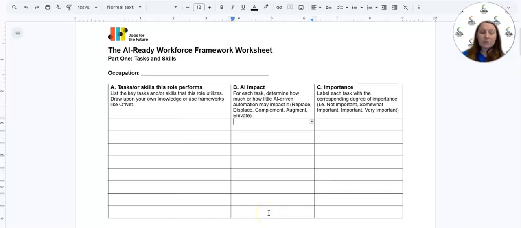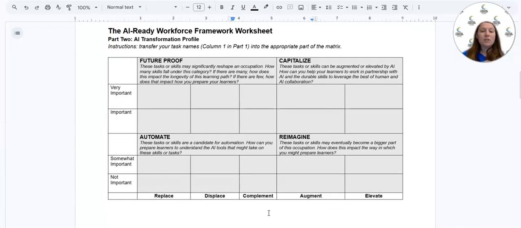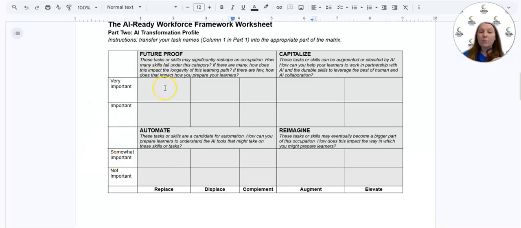So once you've taken some time to fill that out, you're then going to come to this framework. This is the second part, and this helps show where these skills fall, where these activities fall, and what we might need to do to think about it. So if you have something that is a very important task that they really have to be involved in, but artificial intelligence of some kind could replace it, you're going to list it here.